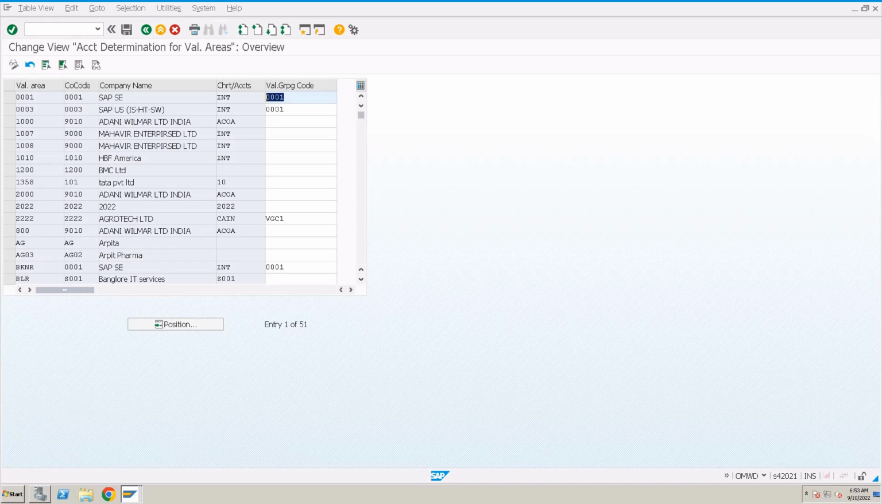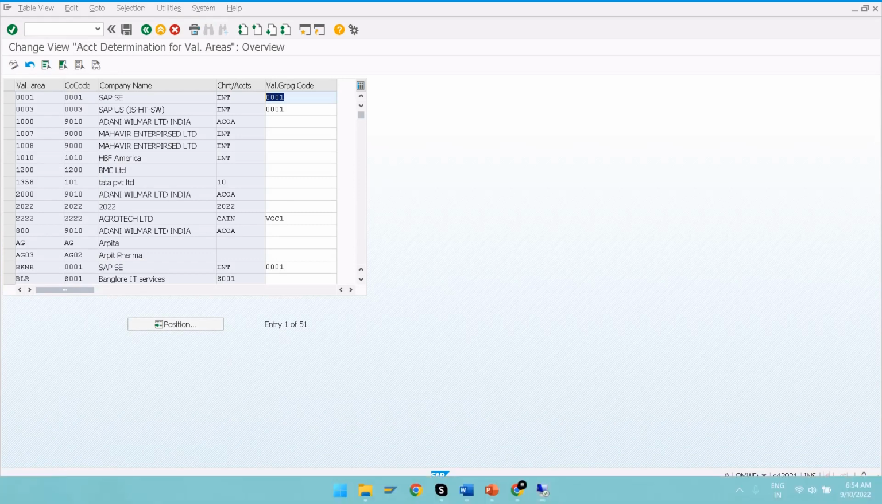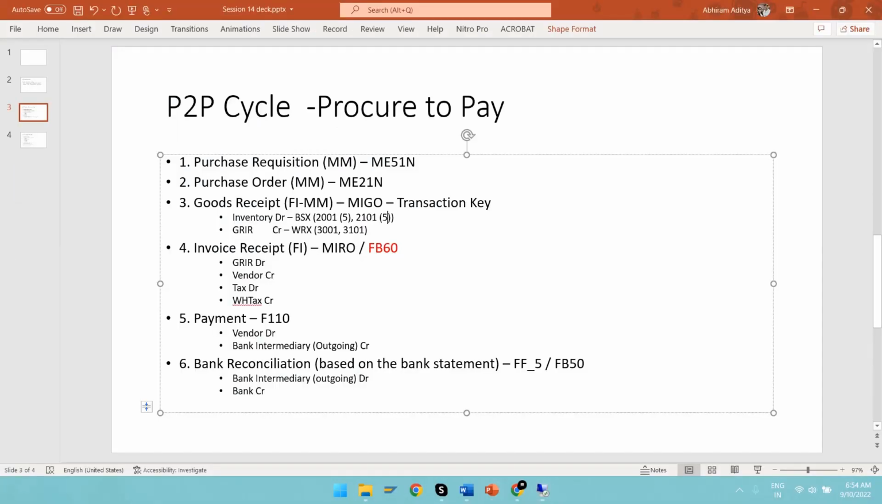So here we're having something called a valuation grouping code. First, let us try to understand what a valuation grouping code is. We have a requirement wherein, for 5 different sets of plants which fall under the same company code or maybe different company codes, we are not bothered about that at this point, because